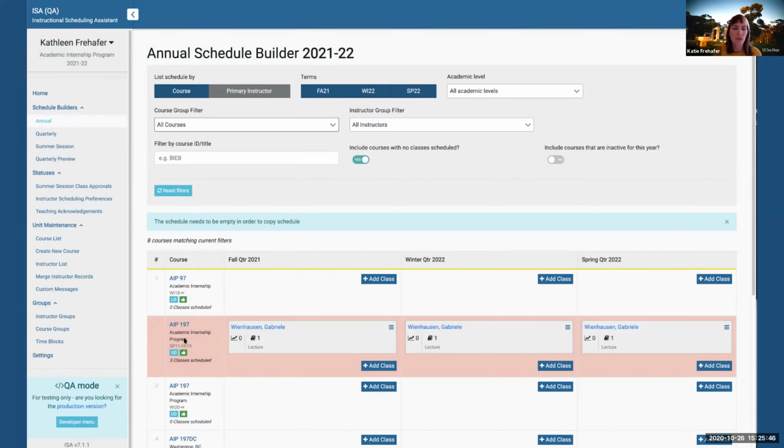And so if there was a course that you copied from a previous year, right here in this gray area, it shows the terms that it's active for. So this class end-termed in fall 19, which means it's no longer valid for the year that you copied it into. So that pink is just alerting you to the fact that this class or this course is not active for the term that you're in. So you can go clean that up.